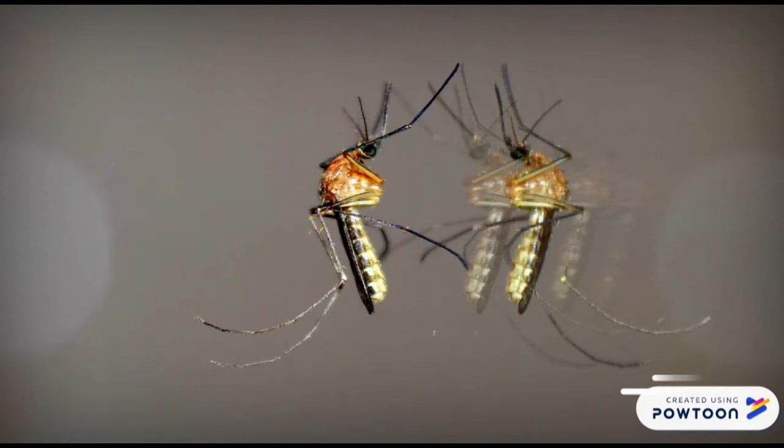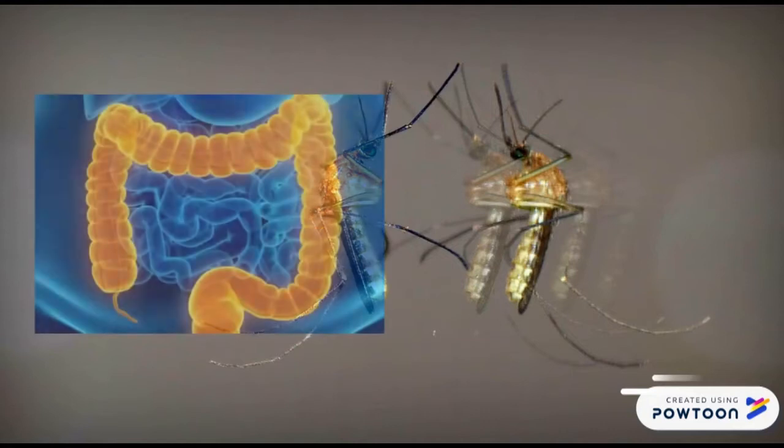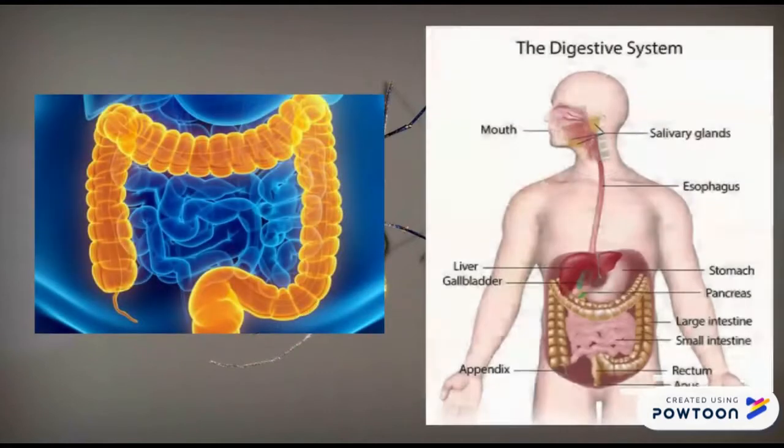So to start off, what is dengue? Dengue is a mosquito-borne viral disease transmitted by female mosquitoes, mostly by the species Aedes aegypti, and to a lesser degree, A. albopictus. The virus is transmitted by feeding on blood of the infected person, beginning with replicating in the gut of the mosquito and spreading to the salivary glands, where it can then be inoculated to another person during